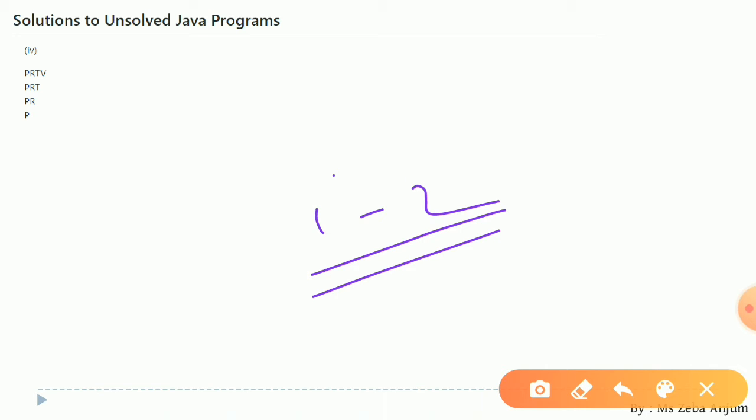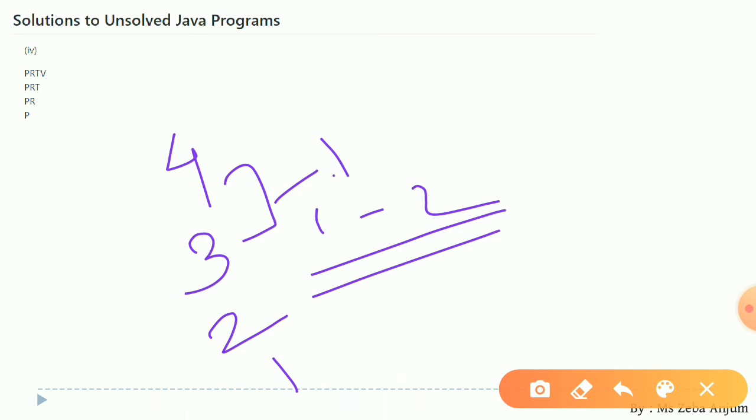In your question number 4 we are having only one less element in every row. It means in the first row we are having 4 elements, in the second row we are having 3, in the third 2, in the fourth 1. So the difference is of 1 now. So that is why you are doing i minus minus in this question.